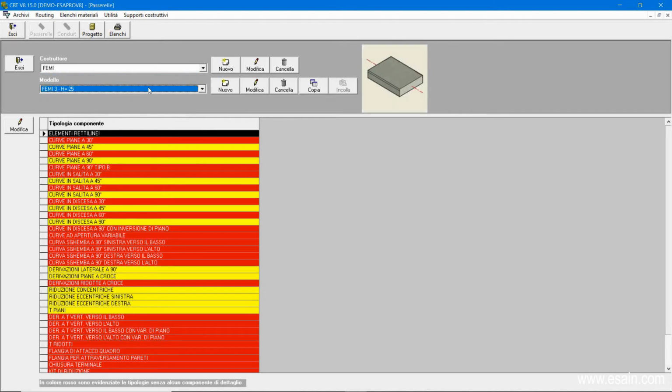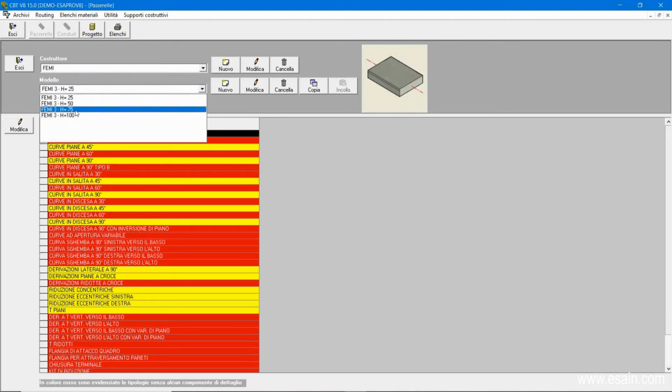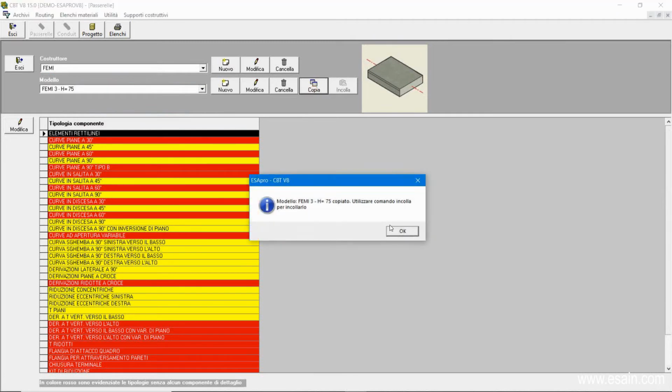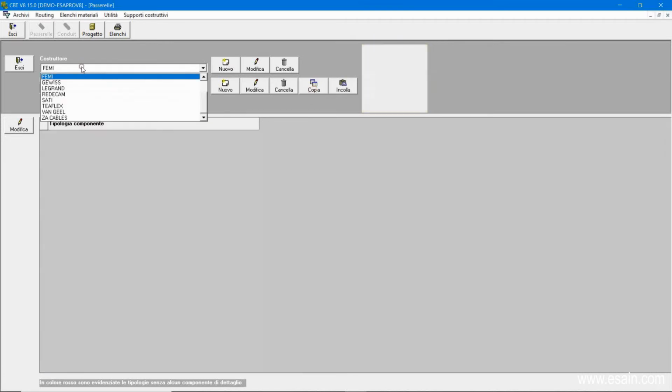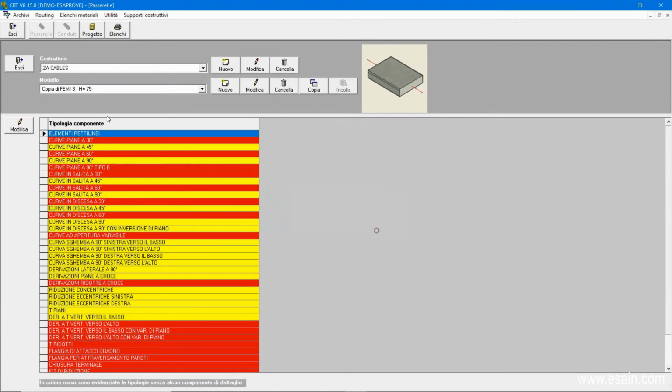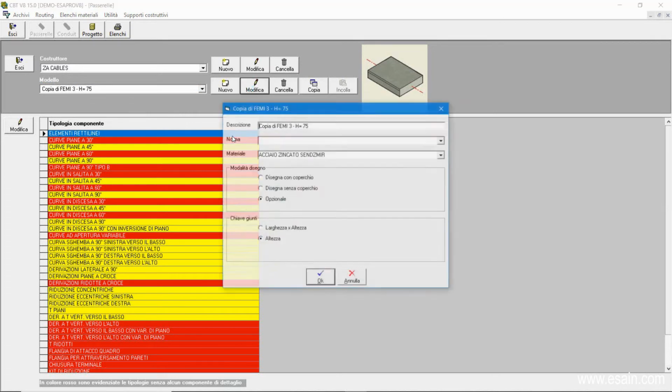Another possibility is to copy within this manufacturer a product that already exists in another catalogue. In this case, we are copying the Femi height 75mm cable trays and paste them into ZA cables. We therefore have the same dimensional data as those in the Femi catalogue that we can eventually adjust by correcting the dimensional part or simply changing the description.